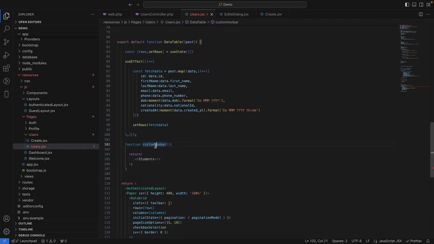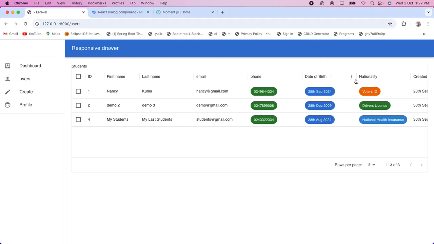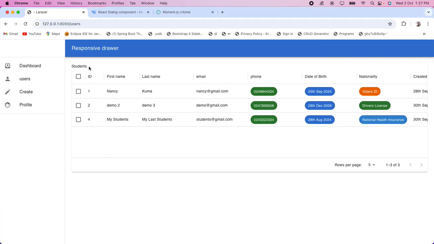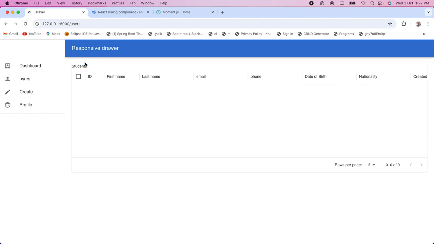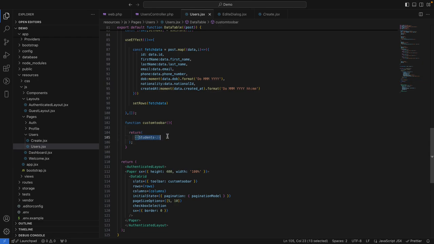All right, and so this custom toolbar should be called over here. So this toolbar will call this custom toolbar function name over here, and everything that is here will be returned at the header of the table. All right, so let's see. So you can now see that the student is now here, right? So let's clean that,